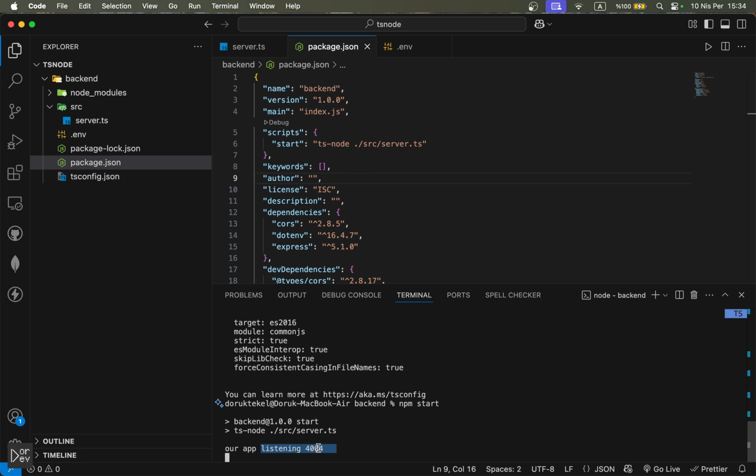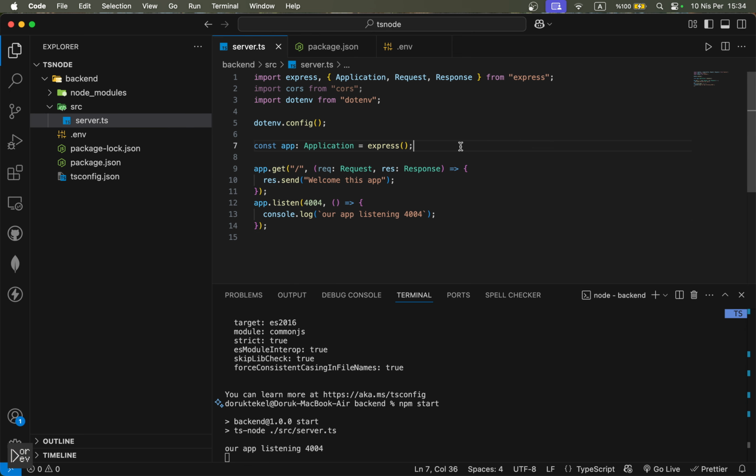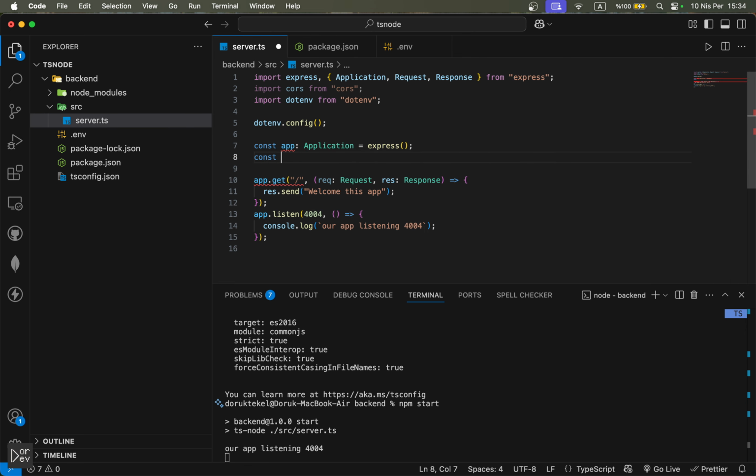Okay, it's listening to 4004. It's our backend folder, upgrading the application, starting the ts-node in the server.ts. Okay, but before that, we have to say maybe a constant port for using the